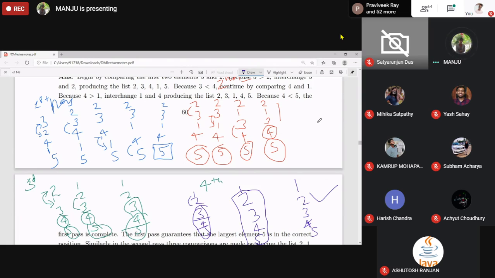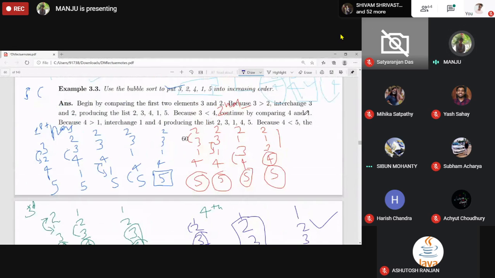See now? Ma'am, do we have to write it in this manner? Yeah, in this format you can write, or if you want to write in this language format you can write. Okay? Ma'am, is selection sort not in the syllabus? Selection sort, no. Okay ma'am.